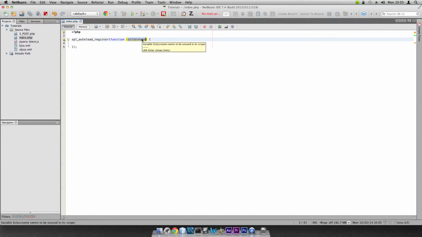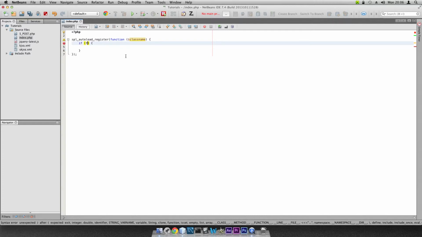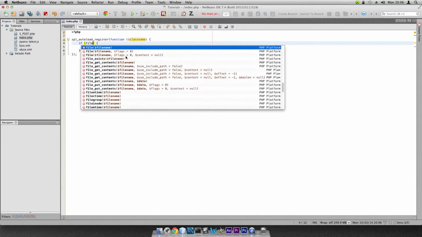So this variable class name will then become CClass. And then in here you have your code for loading CClass. What this means is you don't have to require every single file. You only require the ones that you actually need, and it doesn't mean, like in JavaScript, you end up with like 1.5 million script tags, especially once you start doing some object-oriented programming. So what you generally want to do is something in this fashion. So if file